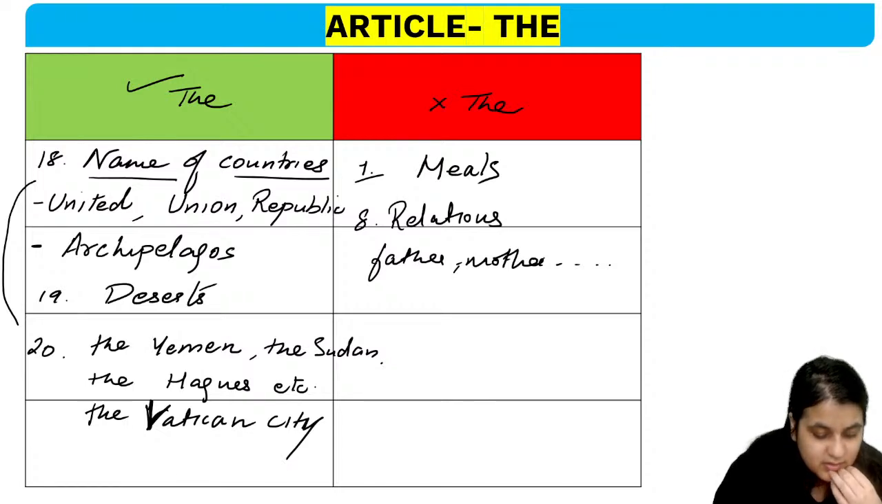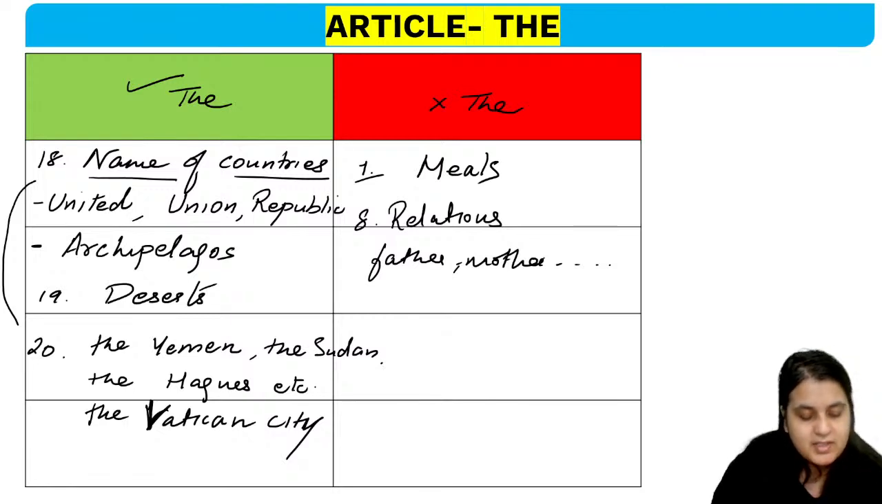Because it's not a mountain range. It's not a mountain range. You use "the" before mountain ranges. Okay, the Himalayas, the Rockies, the Andes, mountain ranges. Correct, good Aryan. Okay, then we use it before certain other countries like the Yemen, the Sudan, the Hague and